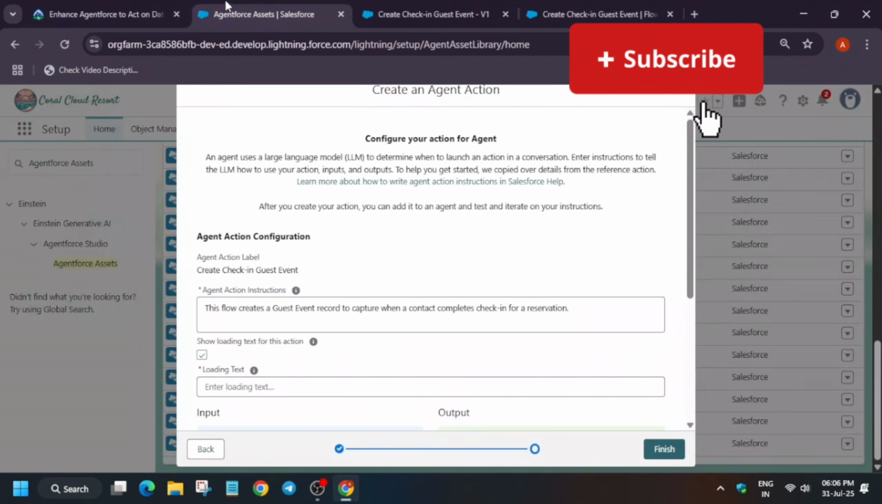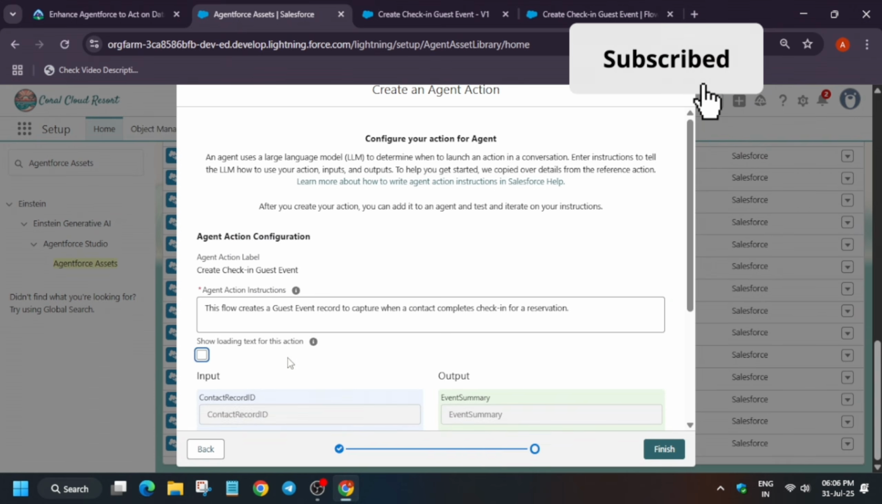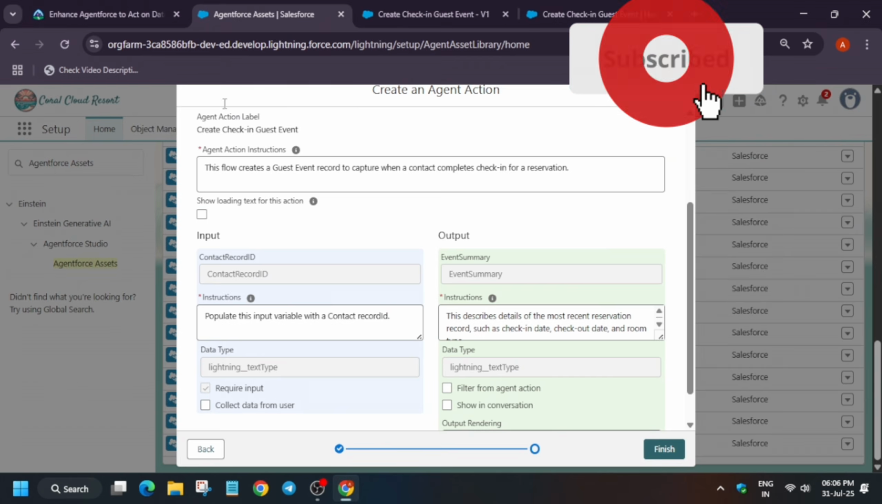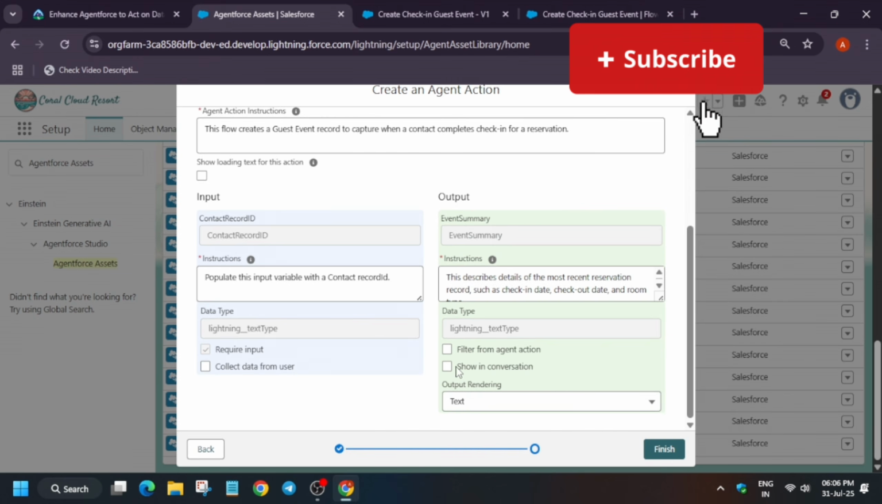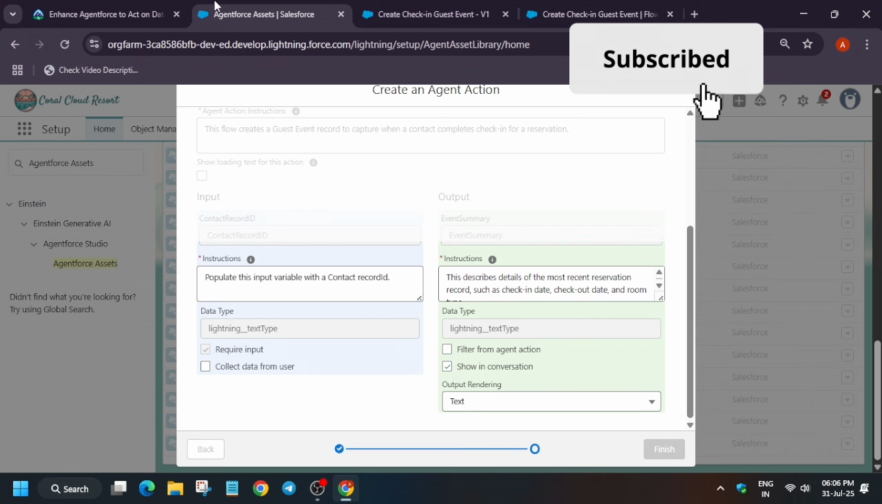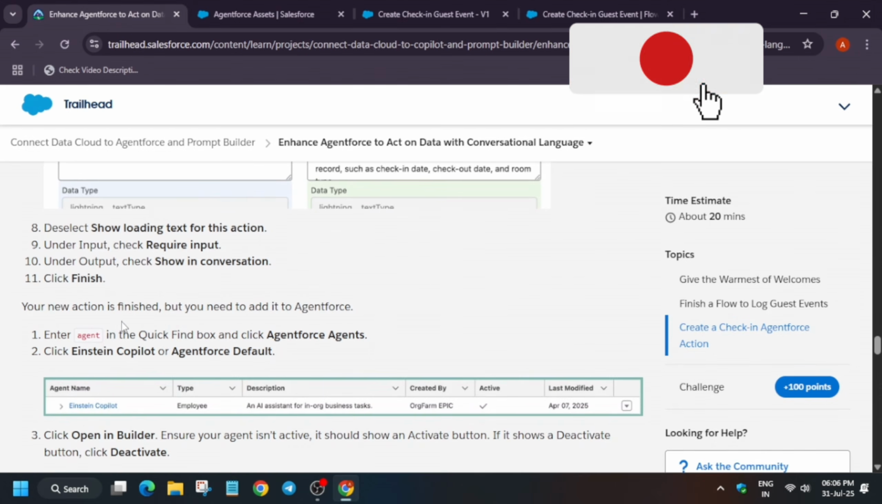So here we have to, I think, make some modifications. So just remove this, click on requires input, and the main thing is that show in conversation and then finish. So once you have done this, click on the finish option. Now